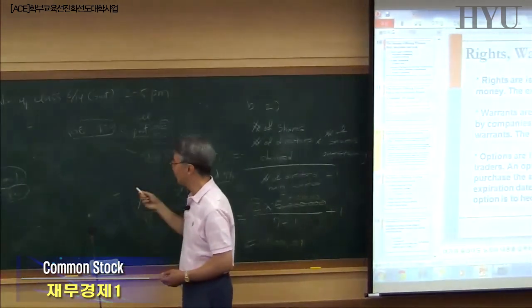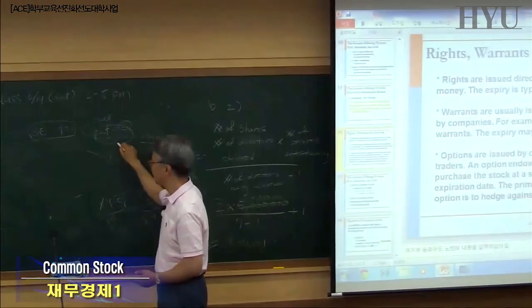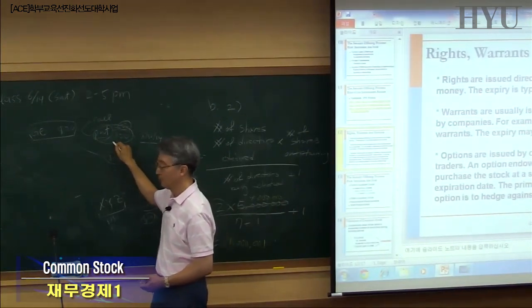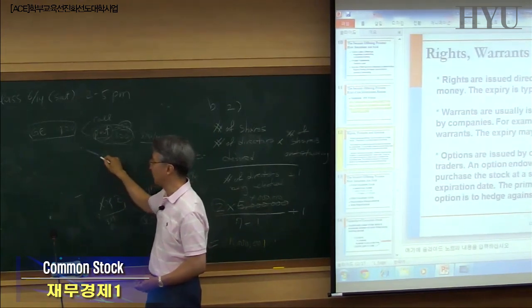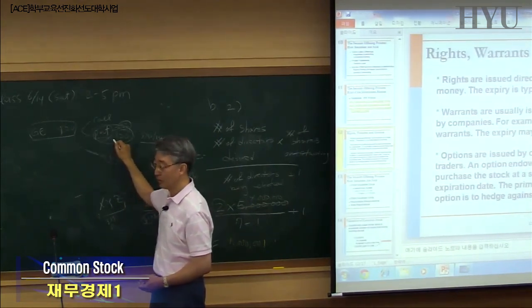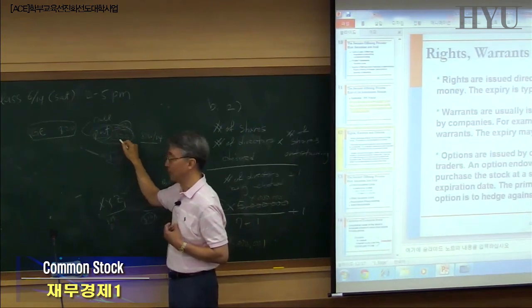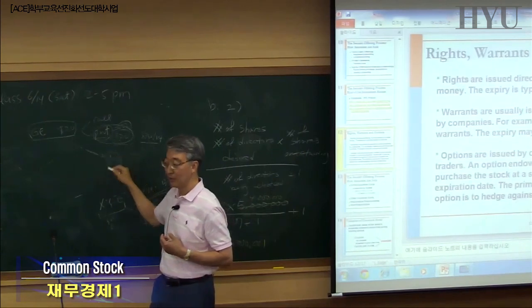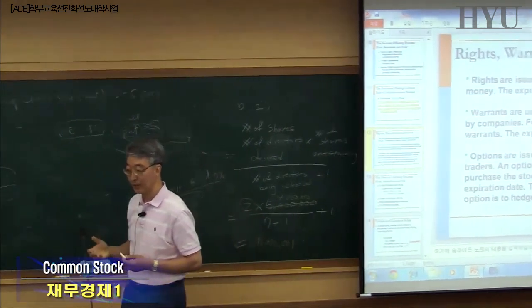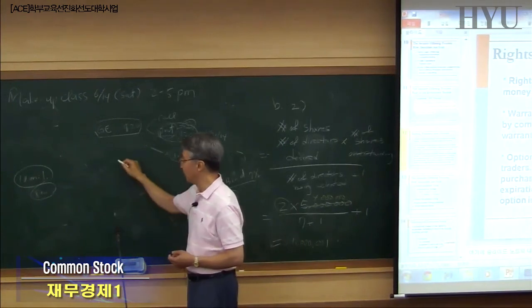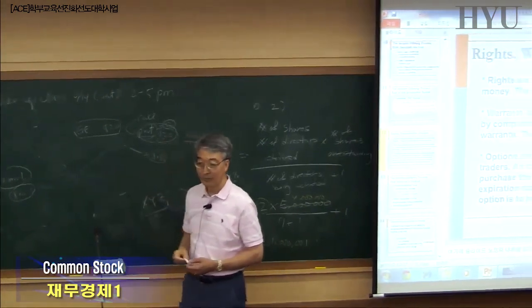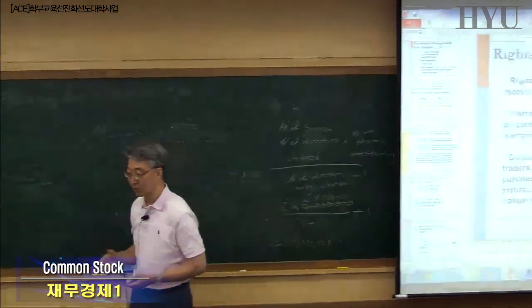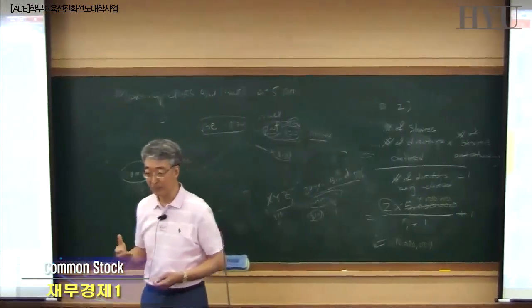So I sold the put option. Those people who purchased the put option from me, in case GE stock goes down, they can sell it to me. In other words, I am obligated to purchase at a higher price than the market price. So that's not good for me if they exercise. But fortunately, because the stock price just kept going up, people didn't exercise, and every 3 months the put option expired.